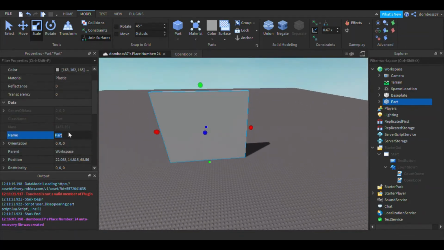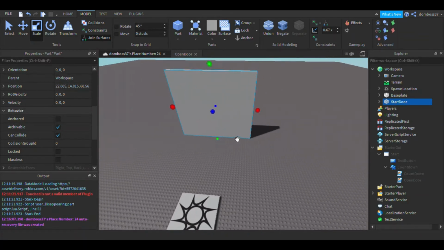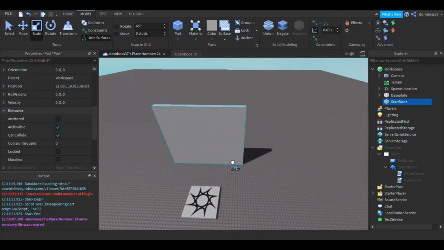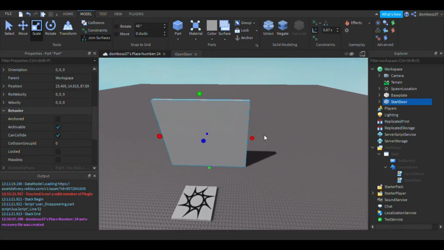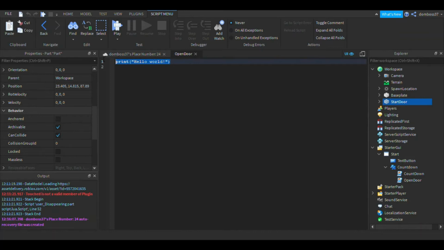So we can rename it to start door. You can customize it a little, but I'm not going to do that right now. Alright, so once you have start door, you can put your UI back on. You can go back into the open door script, and you can delete print hello world, and we can do while wait do if script.parent.text is equal to go,